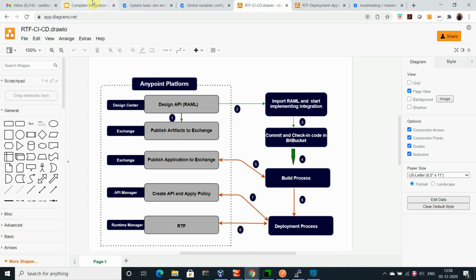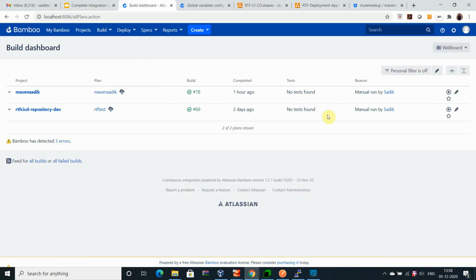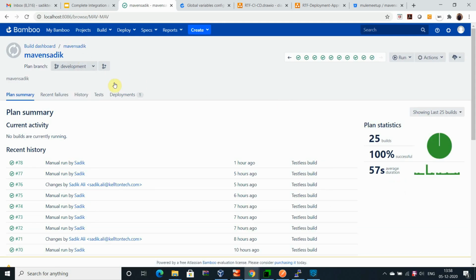Although I'm doing it manually right now, you can configure it and perform all the operations by itself. You can see the plan which I have created. You can run the plan, or you can do it manually, or it will be executed as soon as the code check-in is performed in the repository. Got it?